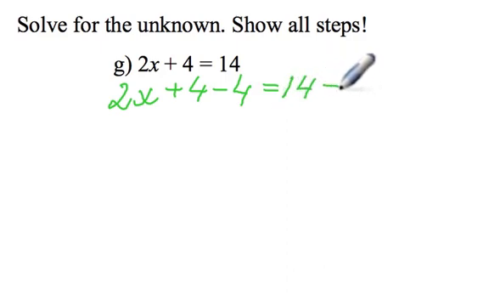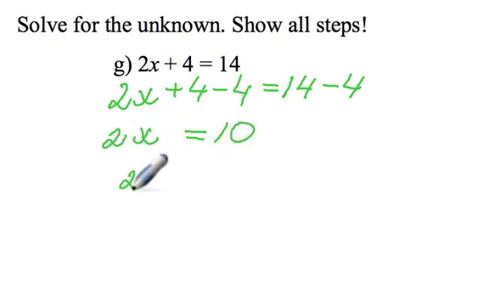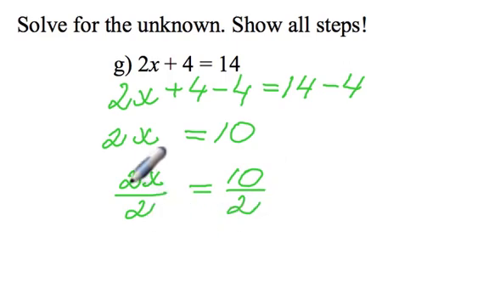14 take away 4. 4 take away 4, of course, equals 0, which leaves 2x on the left side, and 14 take away 4 equals 10. Now we have 2 times x, opposite operation is division, so we will divide both sides by 2. 10 divided by 2. 2 divided by 2 is 1, which leaves x on the left side, and 10 divided